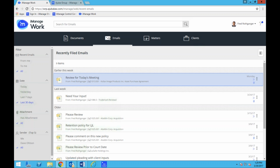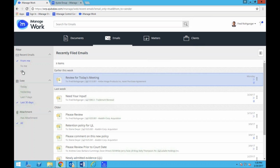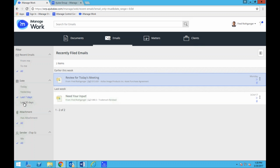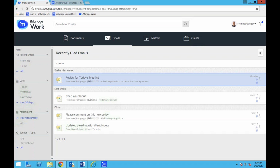And with my recently filed emails, notice that the filters again change appropriately based on what I'm looking at. Now that I'm in recently filed emails, I can filter these by emails just sent to me or from me, or maybe things that were just filed within the last week. And I can even decide whether or not I want to see things that have an attachment or don't have an attachment. So if I select has attachment, again, I'm only looking at emails